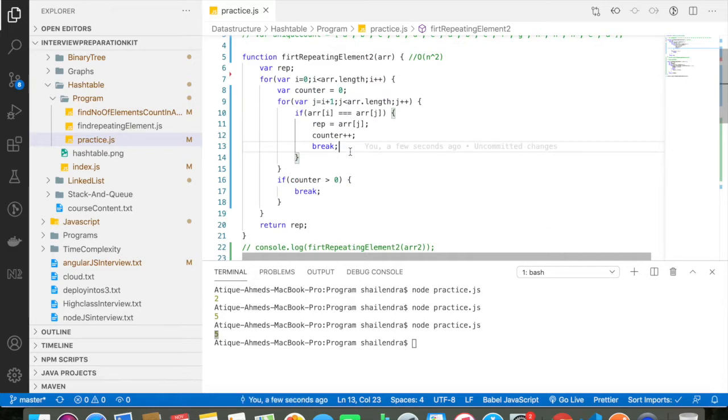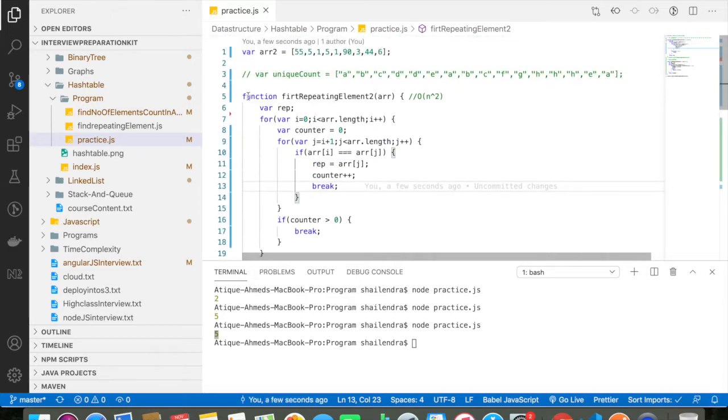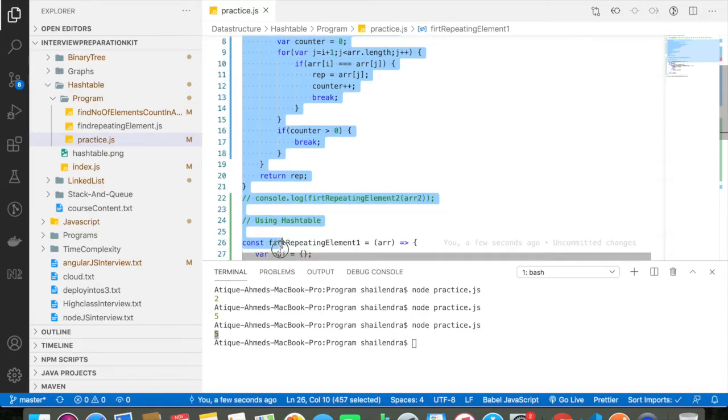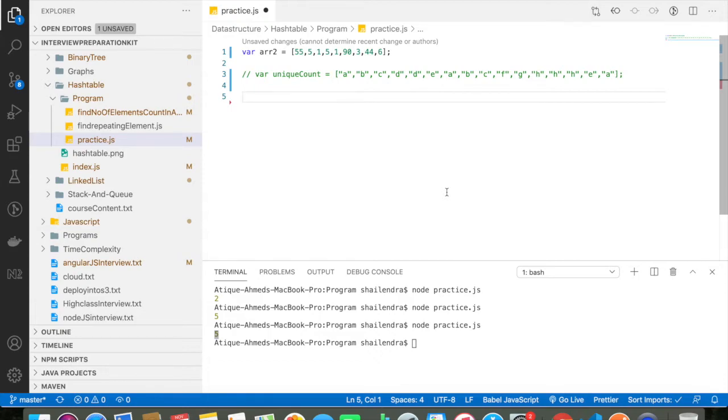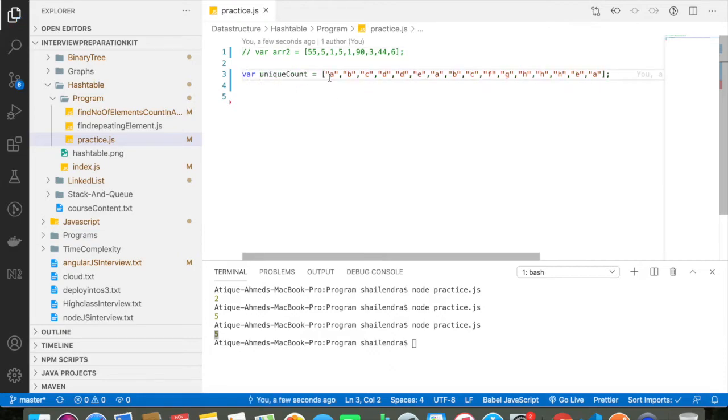Alright, I am going to discuss one more problem with you. Let me remove this. Instead of this, from this array we want to find out how many times each character occurs. For example, if I am talking about a, you can see that a occurs 1, 2 and 3 times. If I am talking about b, b occurs 2 times, right? So how can you solve this using the hash table concept?